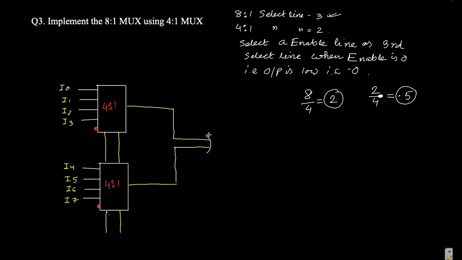So this is your OR gate. This is the implementation of 8 is to 1 mux using the two 4 is to 1 muxes. Now take one select line over here, take one select line like this and connect this select line with the NOT gate. Now you just take one NOT gate over here,